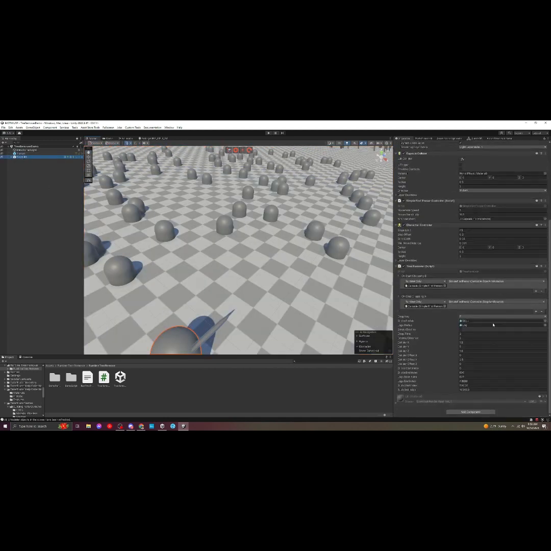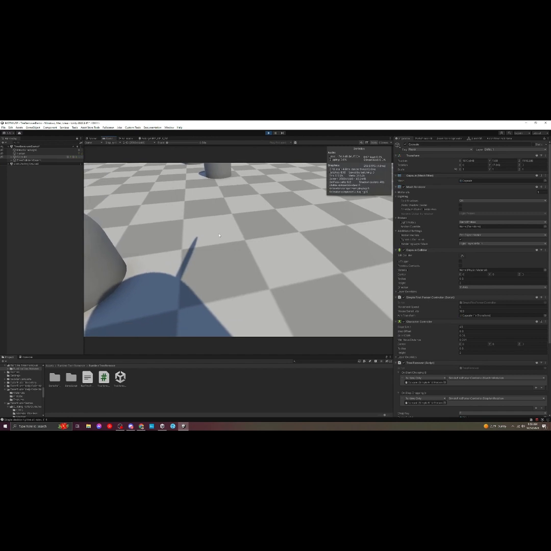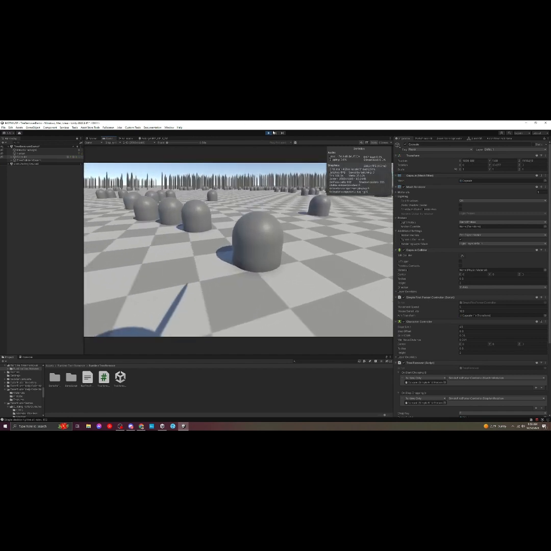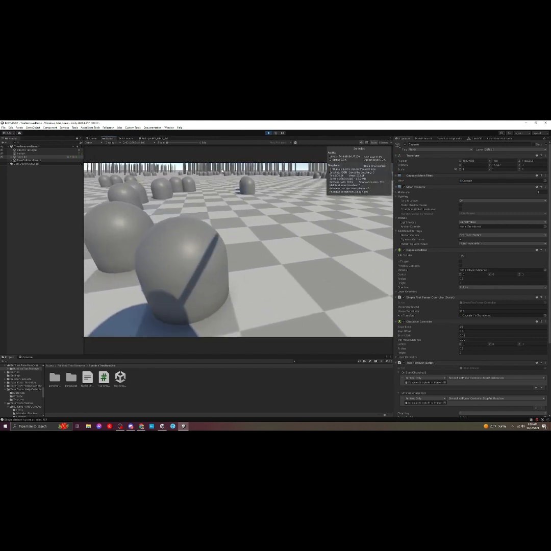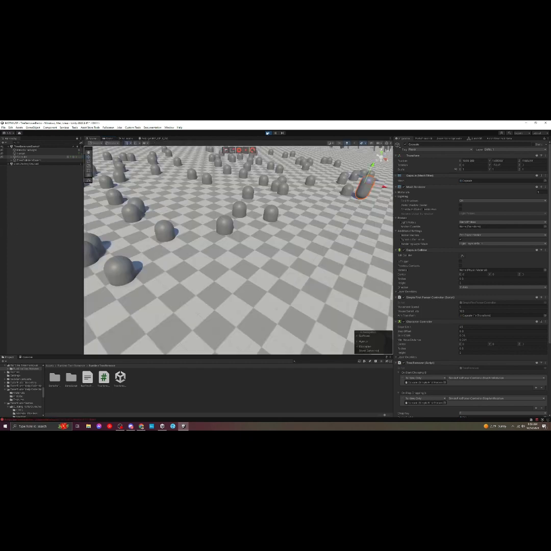So if we go down to the script, there's a selection for simple destroy. So if you just turn that on, you'll see it'll just destroy the trees. And I just remembered these trees actually have